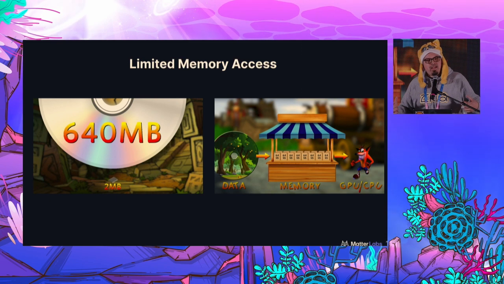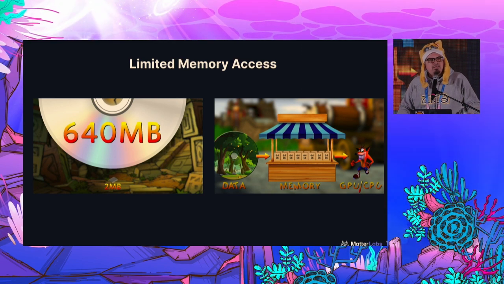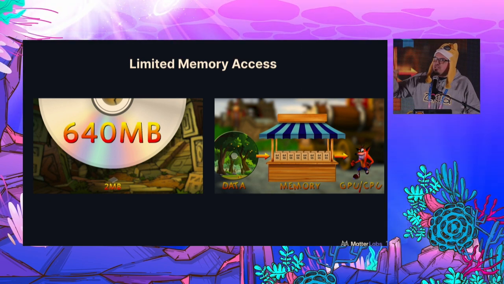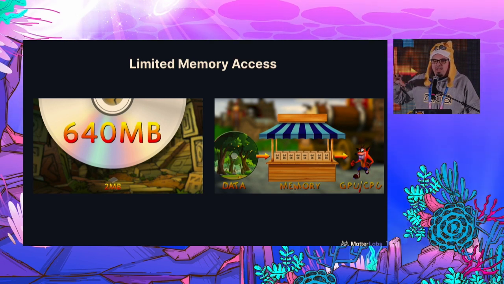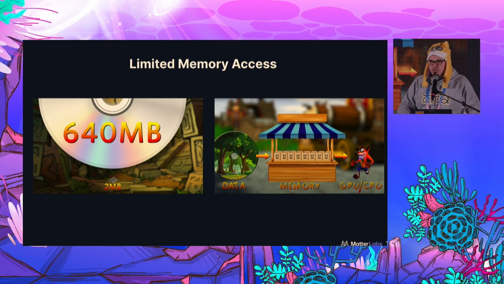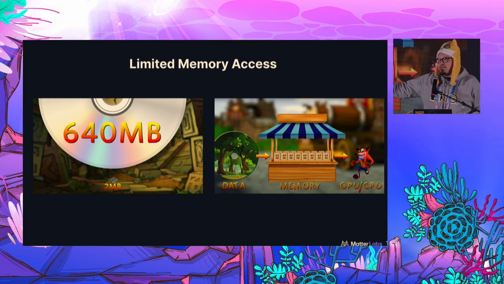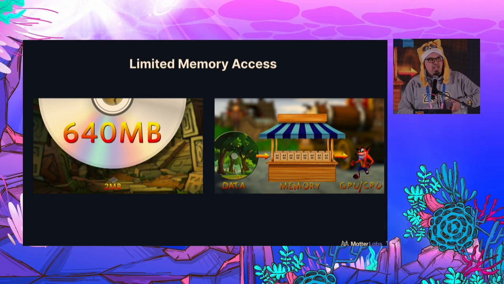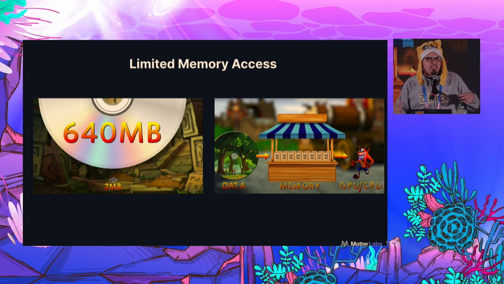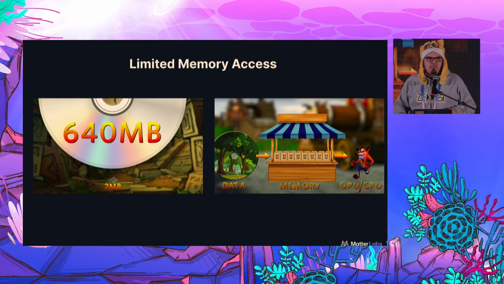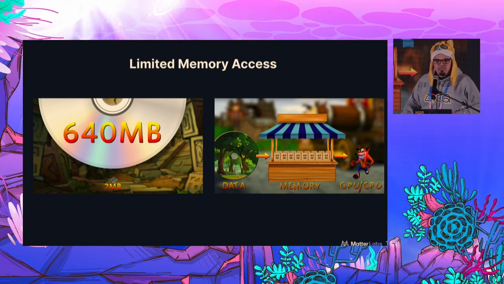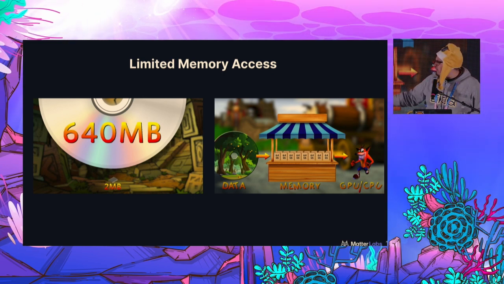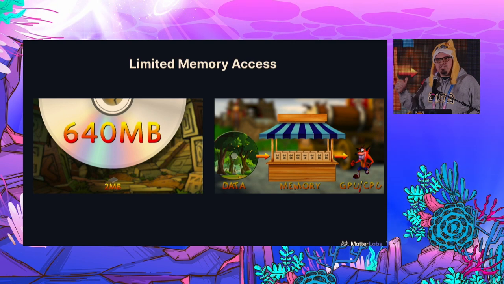So one example of that was limited memory access. That's something that I had just talked about with Ethereum. What was the case for the PlayStation was the PlayStation only had 2 megabytes of onboard memory on the console. Now, the disk of the game had about 640 megabytes. The game itself was about 60 megabytes, so most of it was like 90% empty. But the problem and the constraint was really this 2 megabytes of RAM,